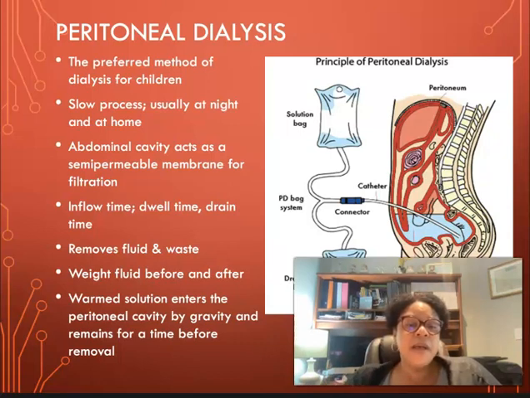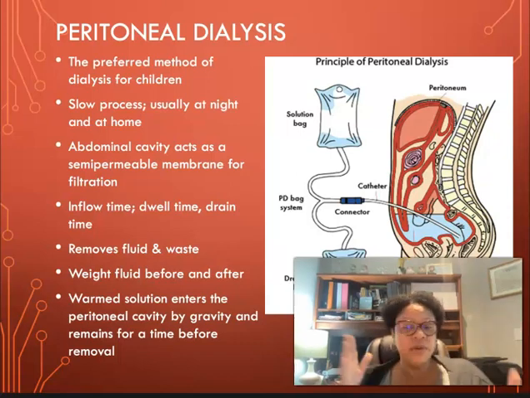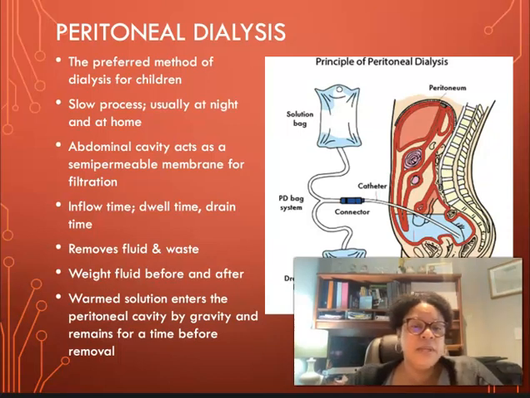So the inflow time is the slow amount of time that it takes for the fluid to go into the child, and then the dwell time, I would clamp the catheter and let it sit there for whatever time it's ordered. Then I would unclamp, and the bag right here is my drainage bag, and it would drain out the rest from the cavity, and it looks like pee. And when it's done, then it's all bio waste, and I have to measure everything and so forth, and put it into the